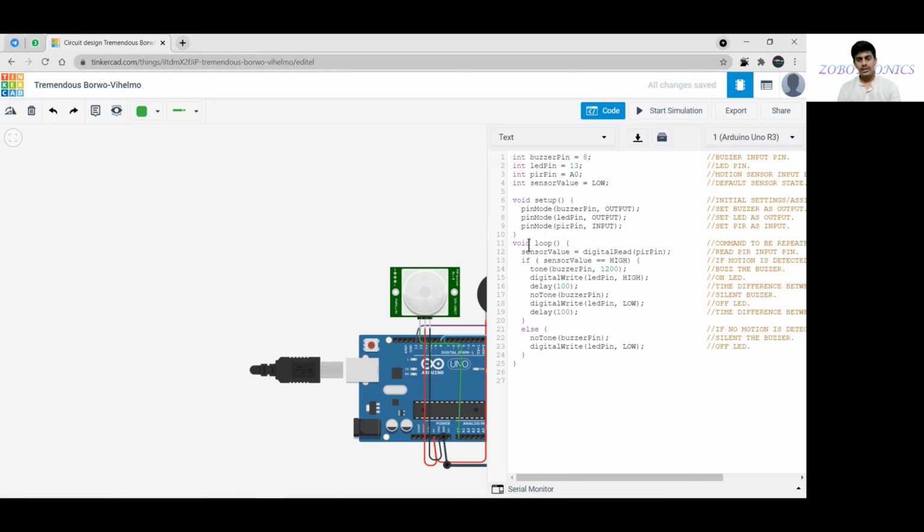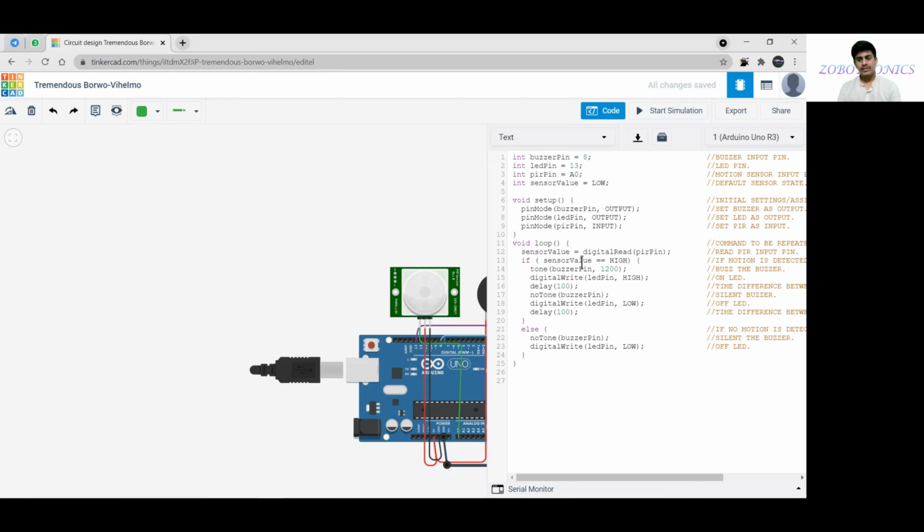In void loop we have set the sensor value to digital read, and it will read the PIR output from pin number A0.